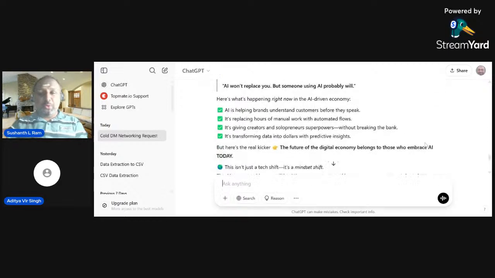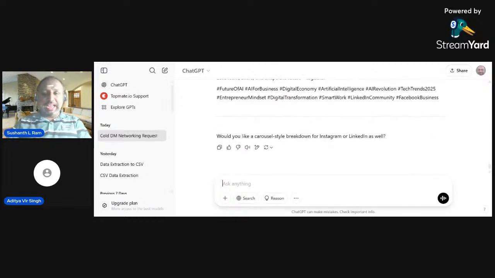Now what we can do, we can ask, please help me write an ad copy for Facebook in compliance to the Meta ad rules on the about topic.